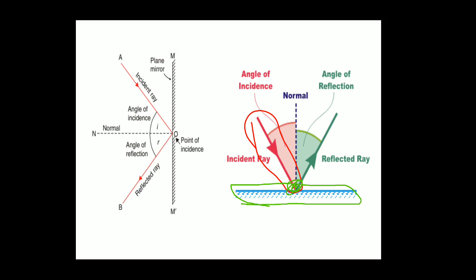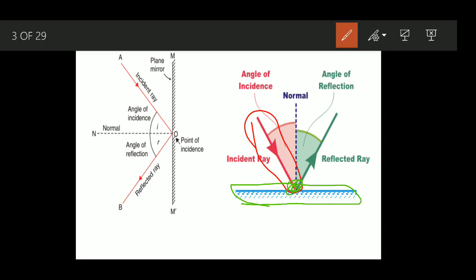One more thing: you can represent the diagram horizontally like this, or vertically like this. This is more convenient for you to draw. A reflecting surface is generally represented by a line followed by shading, along with the incident ray, reflected ray and normal. You need not even write incident ray. The arrow is more than enough. Anywhere you have to represent it with an arrow. The arrow says in which direction the light goes. So from the direction of the arrow we can understand. No need even to write.